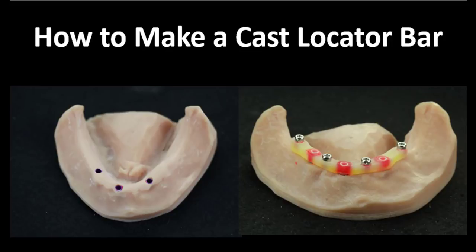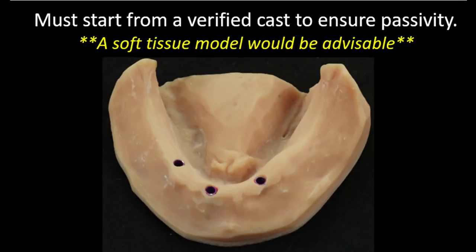with just individual attachments. So what you're going to need to start the process is a verified cast, okay? You've got to make sure that this bar is going to be passive, so this has to be as accurate as possible. Now that can either be done by initially doing your master impression and then using a verification jig to verify it, or alternatively, what I usually would do is I would do a verification jig at the time